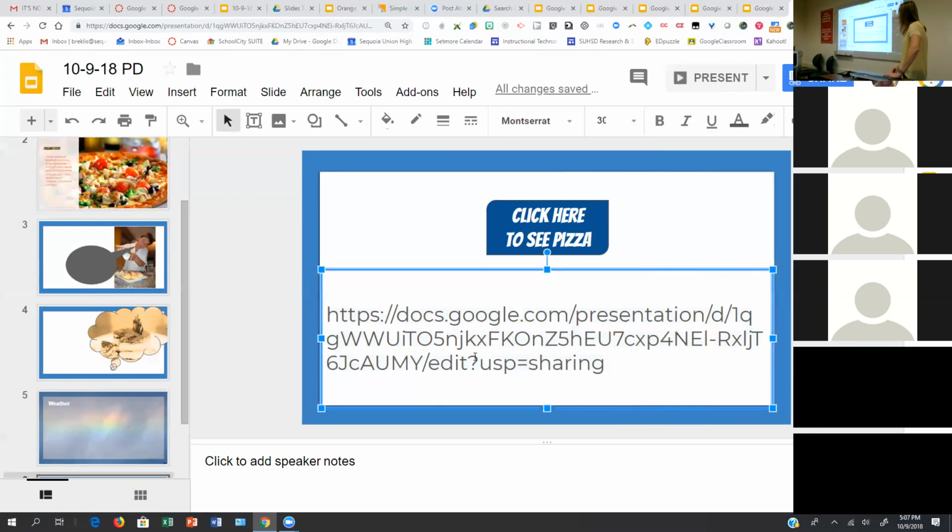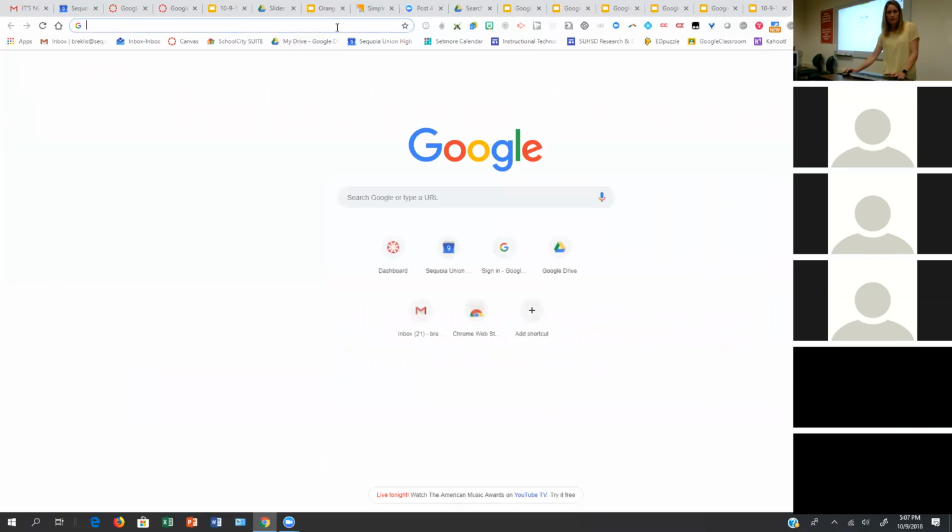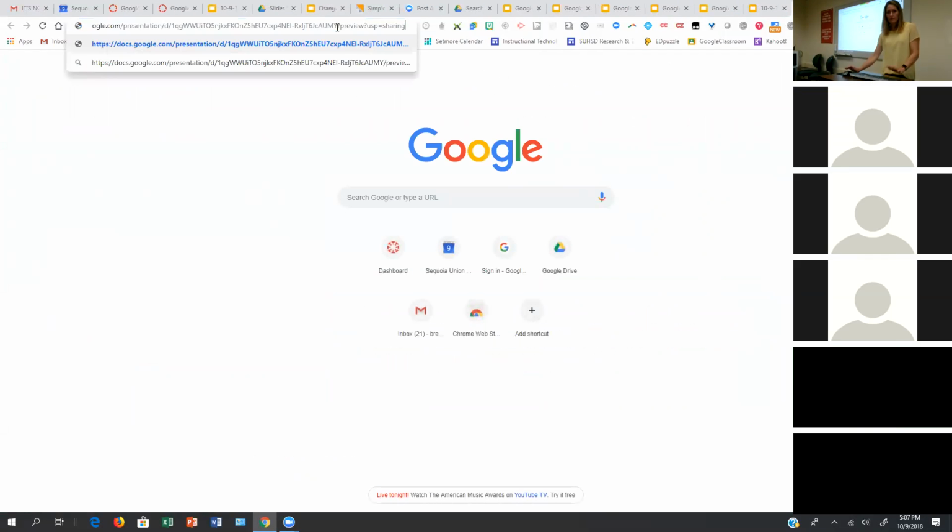So in the link, before you send it to whoever you're going to send it to, you just change that word edit to preview or present. Then it gives them the link in present mode. So I'm just going to highlight that word edit, change it to preview. Now if I copy this link and I paste it somewhere, because you published, you can just use the published link as well.